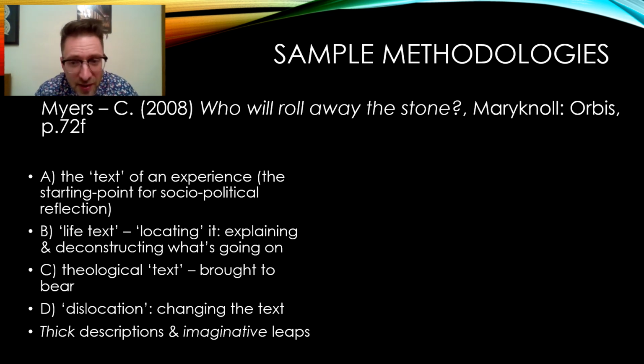He also emphasises that at each stage you need to have something like a thick description. So it's not a superficial sort of description of things, but getting under the skin of things a little bit more deeply, and opening up the possibility of imaginative leaps, because this isn't a neat process from one stage to the other. It might be a bit messy and things are overlapping. So it gives you scope for being creative in the leaps you might make that still need to be explained, but still some sort of creativity is fine.